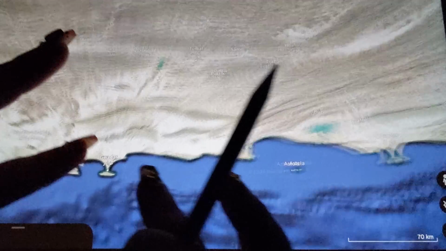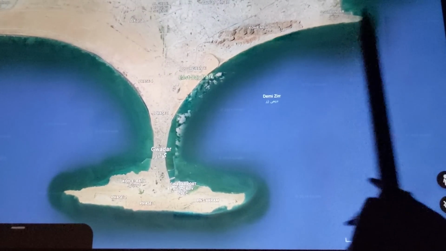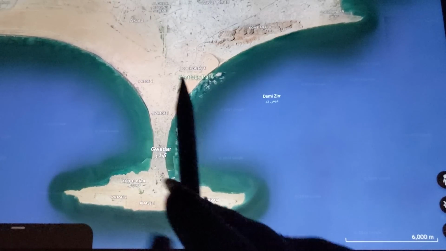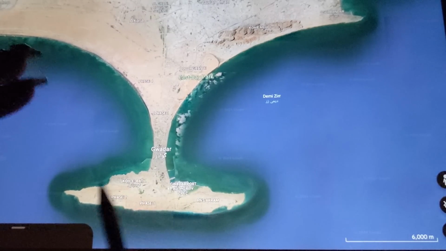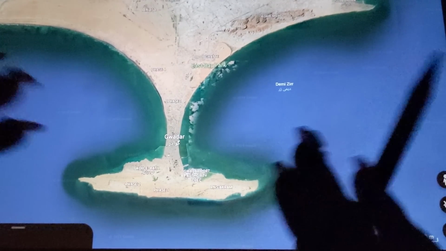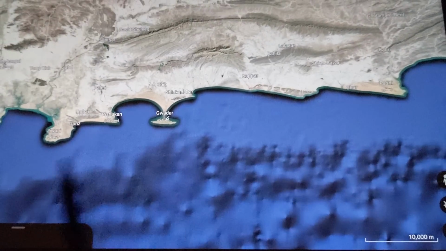Over here is Gwadar, which you'd look at this and be like, oh, this has to be man-made. That it's like in Dubai or something where they carve out and fill in islands with sand and create these neat shapes. But you'd be wrong. This is all natural. And I kind of think maybe it has to do with maybe the...